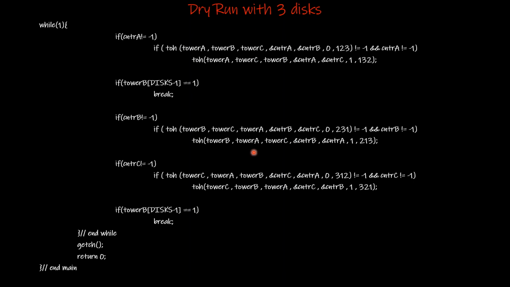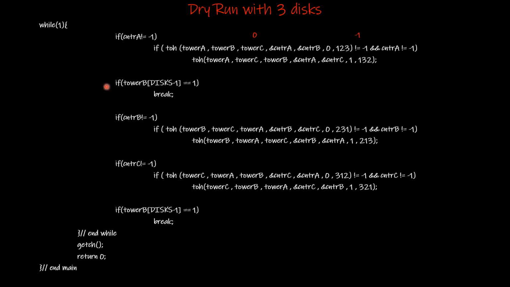So here we made a call here. This condition is checked. What are the values? 0 and -1. So this is 0, the successful transfer, but counter source is having value -1 because tower A is not having any value anymore, so this condition is false. So this call will not be made. This statement is skipped, and so we come to this particular statement.